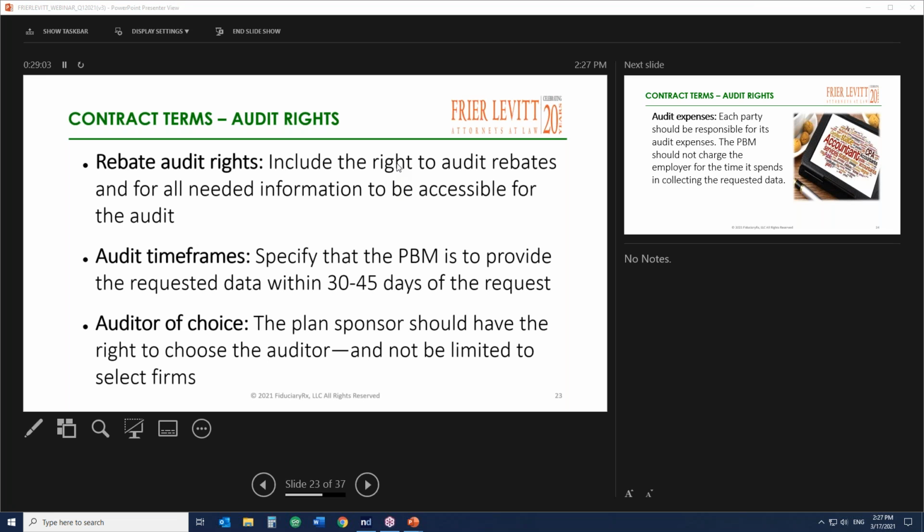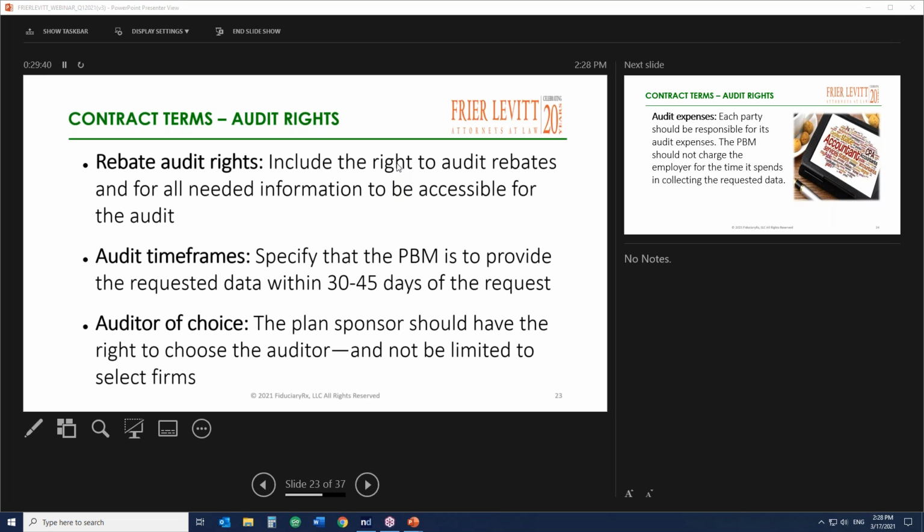Turning to rebate audits. For plan sponsors, in order to monitor and review PBM performance, you have to conduct a full audit. Unfortunately, it is often the case that plan sponsor audit rights are limited. How? It limits the actual number of audits that can be performed in a given time period, and it limits the actual review period, meaning claims submitted within 1 year or 2 years can only be reviewed annually.